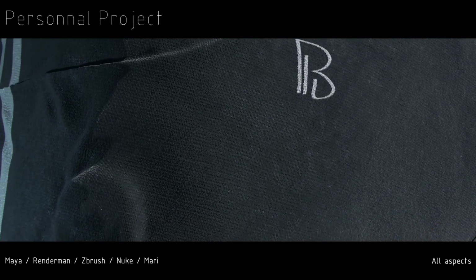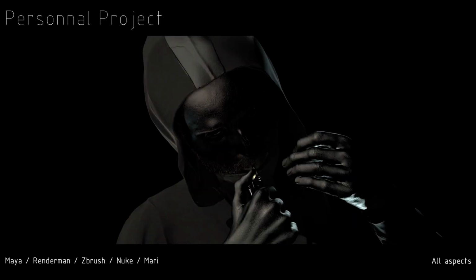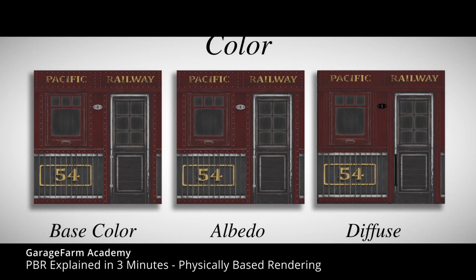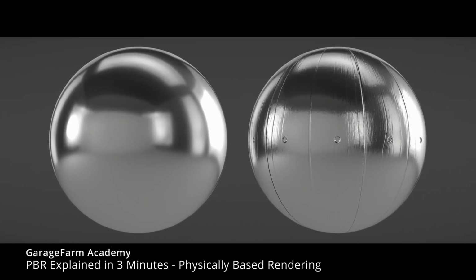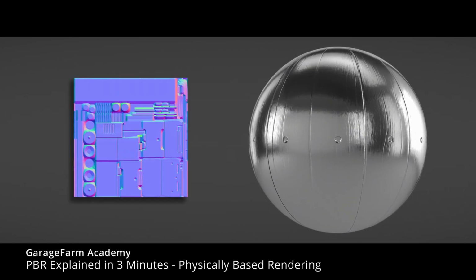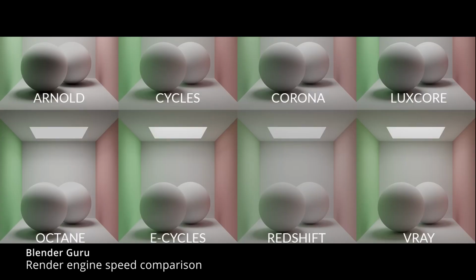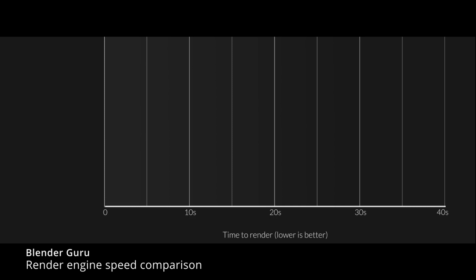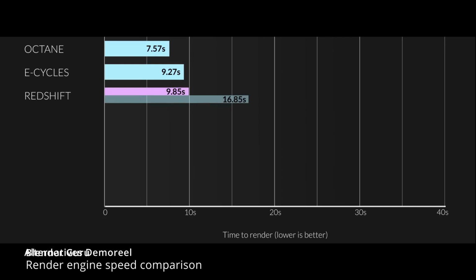After, or sometimes before set dressing, I am jumping in Mari or Substance and starting the texturing process. We are creating texture maps for a physically based shader depending on which rendering software we are using. Right now for me it's Arnold, but previously it was RenderMan. No need to learn them all, pick the one you prefer, and all key principles are the same, so you will not be lost while switching rendering engine.